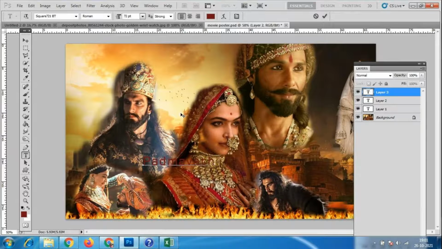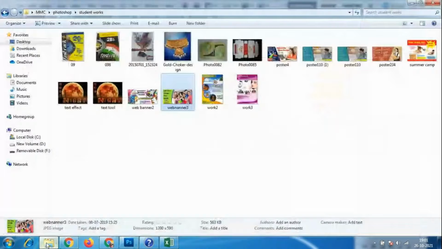Is it Padmavat or Padmavati? The movie name? Anybody?